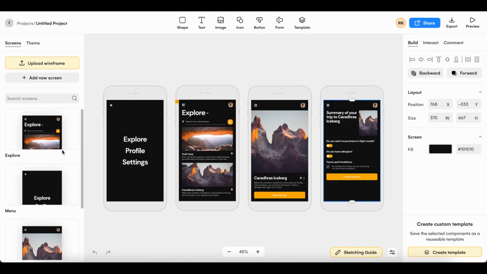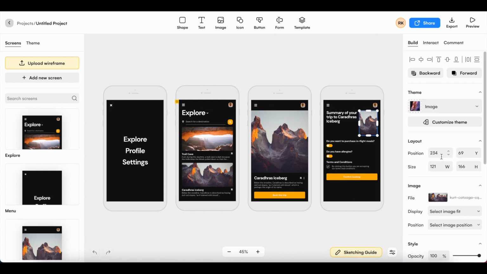Before we jump in and start creating, let's get a feel for the layout here, which is inspired by presentation software. Now for the vast majority who have experienced this, it should feel like a familiar environment and shorten the learning curve. Over here on the left you can navigate between your screens, and then up here at the top you have all your components which you can drag and drop onto your screens below. Over here on the right hand side you have a panel which will allow you to make edits to your screens.